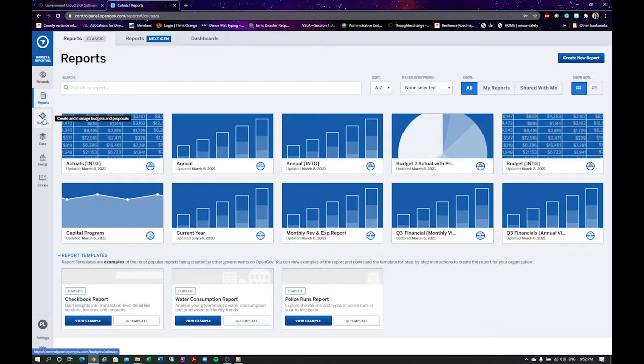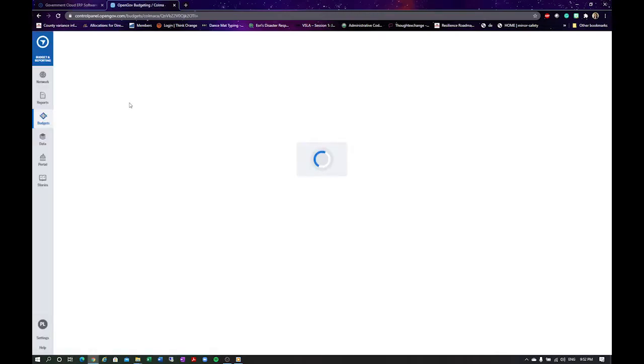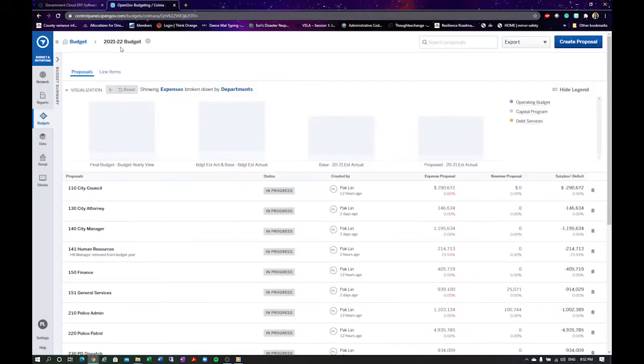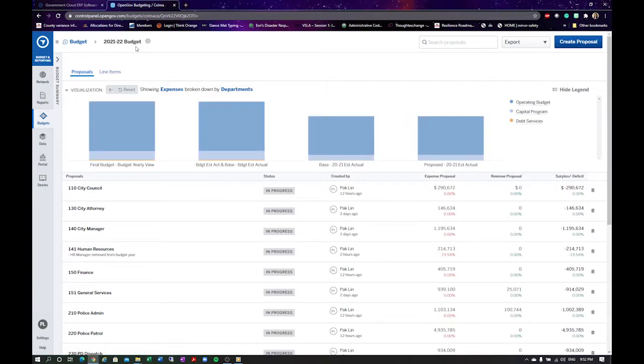To get to the budget portal, just click on the Budgets button on the side. You should be at this screen. On the screen, you want to first check which budget you are looking at. For this video, we are working on the fiscal year 21-22 budget. And you see this budget is labeled